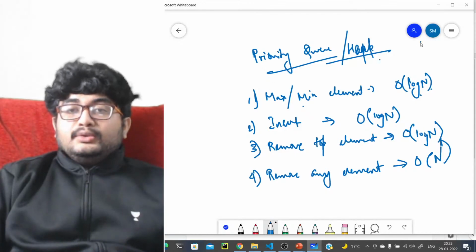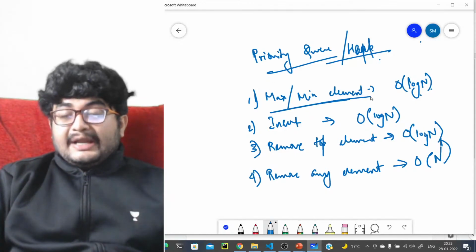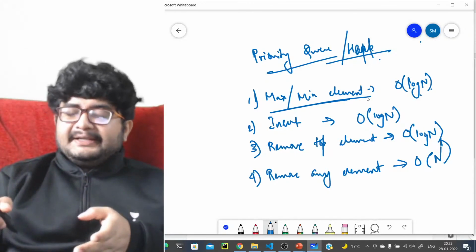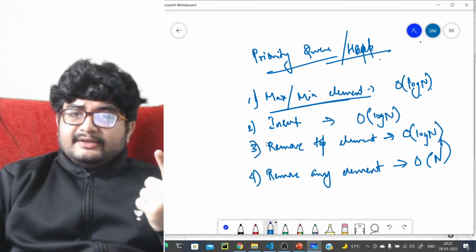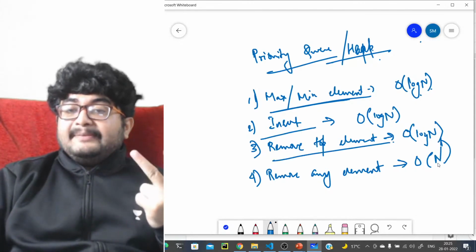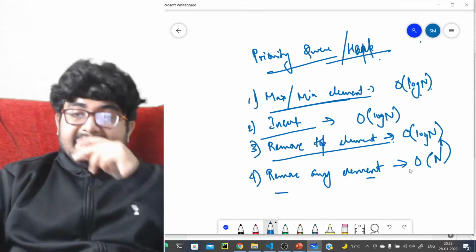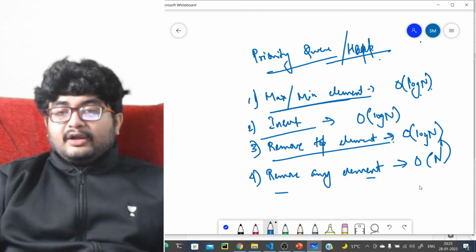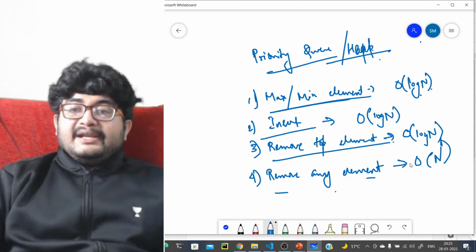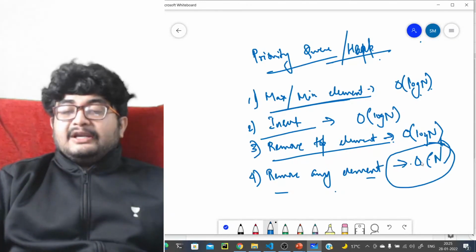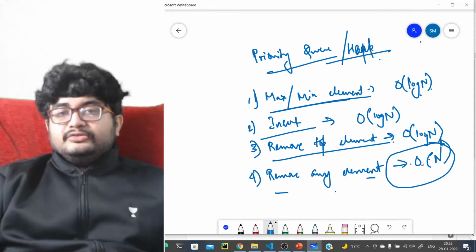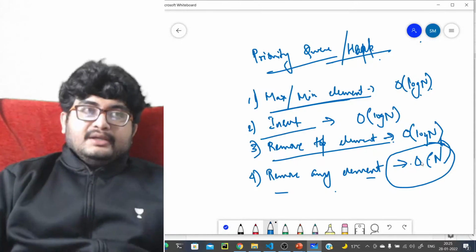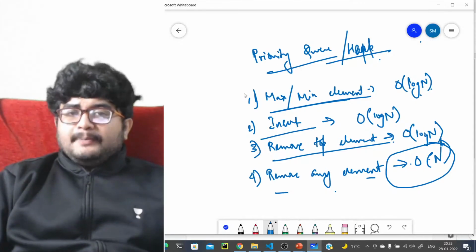Anyways, priority queue or heap, you can find the maximum or minimum element in log n. You can insert in logarithmic time. You can remove the top element in logarithmic time. You can remove any element in order of n time, right? Just remember this. If you want to remove any random element, you have to use order of n time. But if you look into this properly,